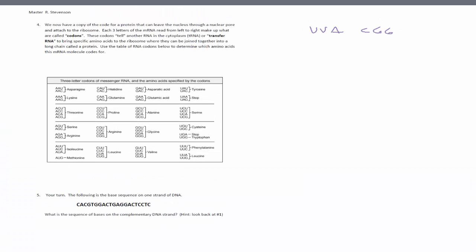UCA, and then CCA, CCA, AGC, and GUG. So the question is, we now have a copy of the code for a protein that can